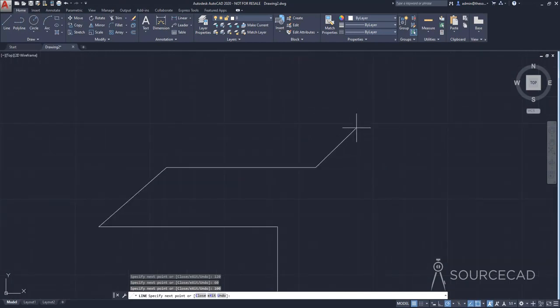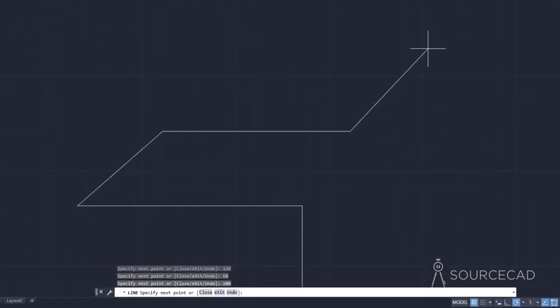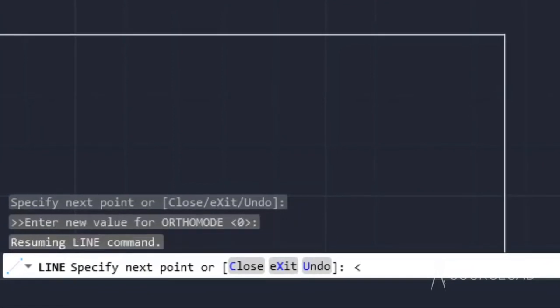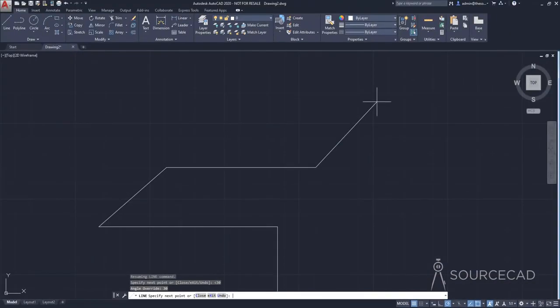And now from here, I want it to incline at an angle of exactly 30 degrees. So now instead of typing 30, I'm going to type this angle sign. Now this angle sign is on your keyboard. It's right next to the M key. So just press and hold shift key, and then press the angle sign key, and it will add the angle sign. Now type in 30 and press enter, and AutoCAD will now take this value as angle,